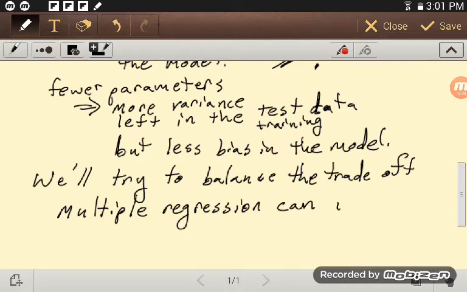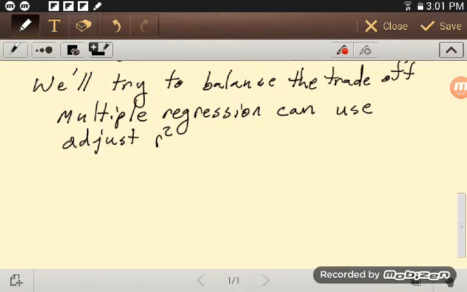We can use adjusted R squared. And what adjusted R squared does is it takes into account your parameters, your number of parameters or your columns of data, as well as the R squared itself. Okay, so for adjusted R squared,